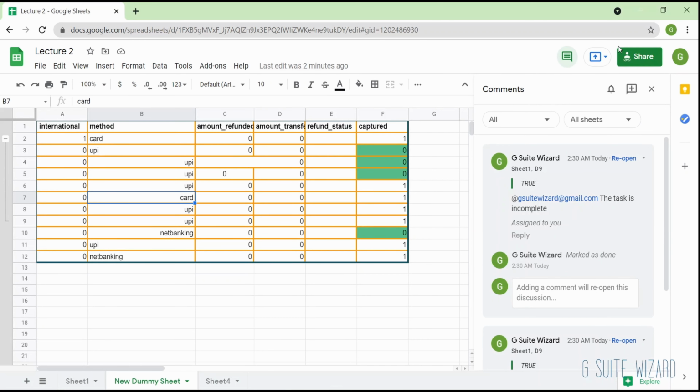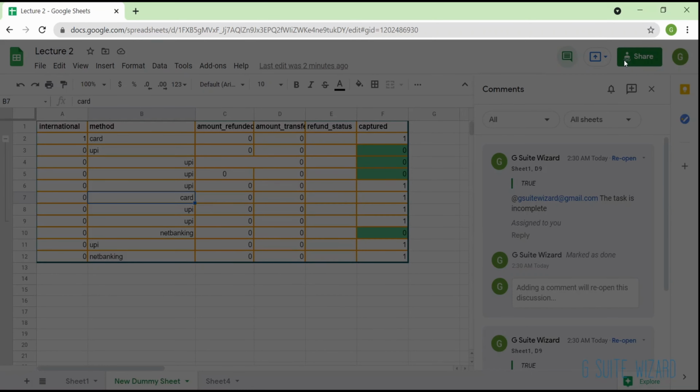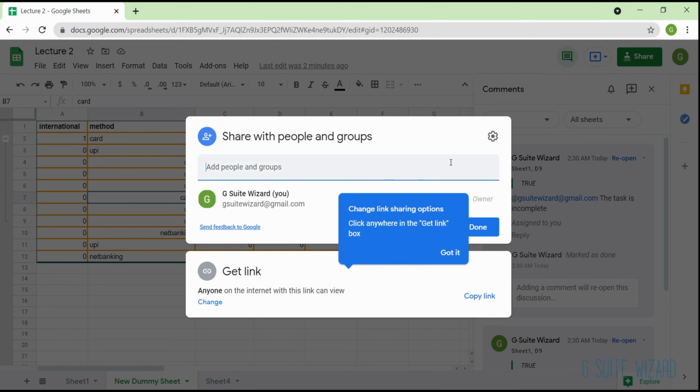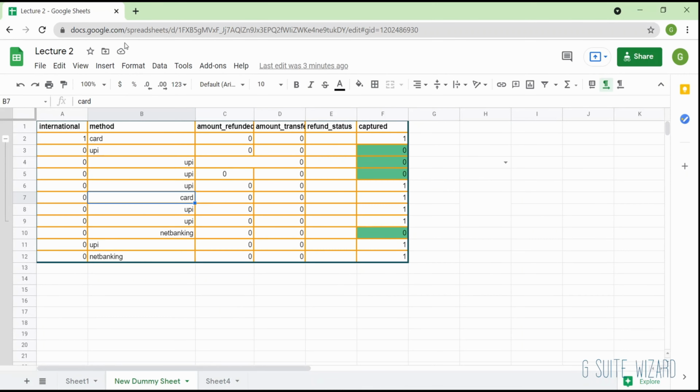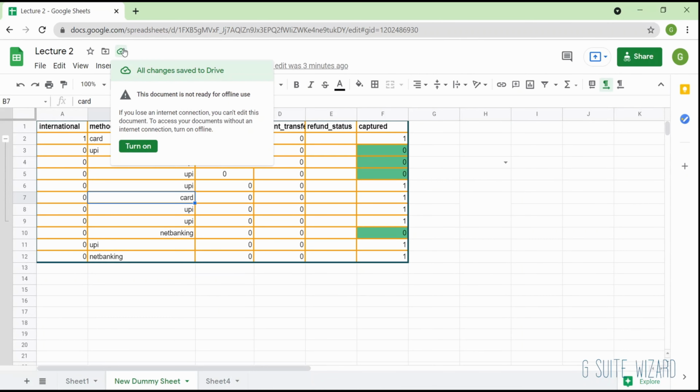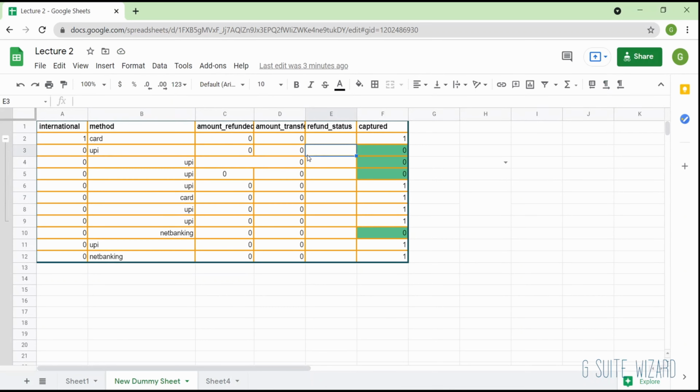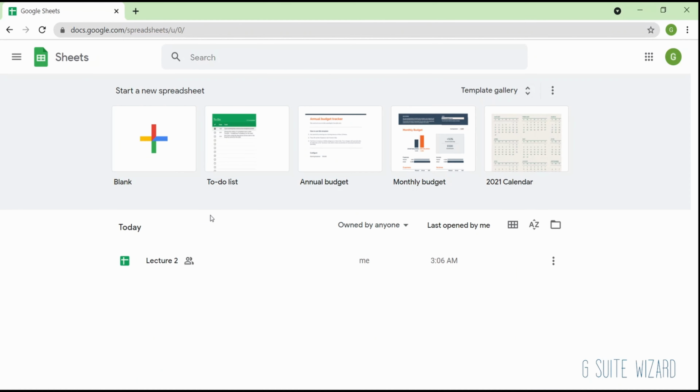And then we have a share. As I've told you, we can see who has shared with whom. Then you can see the document status over here. You can also use it offline in case you want to use it like Excel. But if you're using it offline and doing an edit, it will not be synced to your cloud, and the other people who are editors on your sheet will not be able to view those edits.